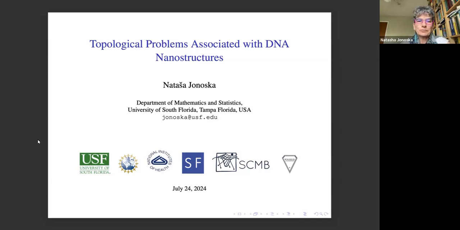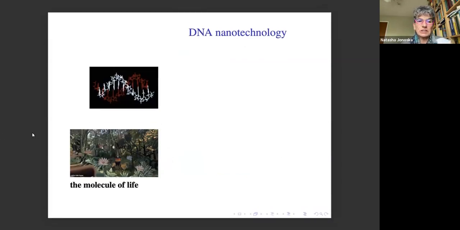So I will start with a discussion of DNA nanotechnology, and this is the chemical view, I guess, of the DNA. DNA consists of two strands, right? What's important is that the strands consist of bases, nucleotides. Nucleotides have bases, and these bases come in 4 instances: adenine, guanine, thymine, and cytosine. So A, G, C, and T, as we already know. A is complementary to T, and G is complementary to C. And when they are found in opposite orientation, which is very important in our discussion here, then they join together and form